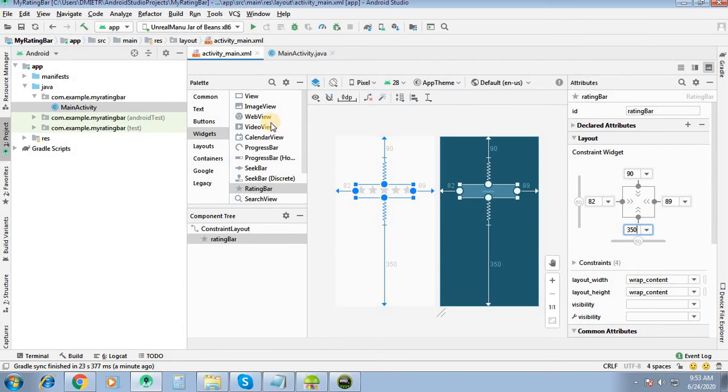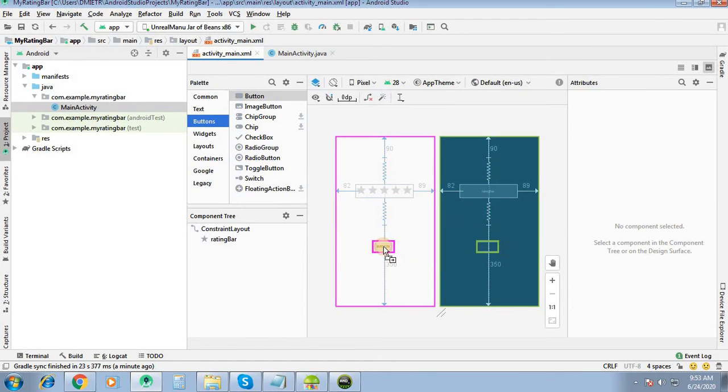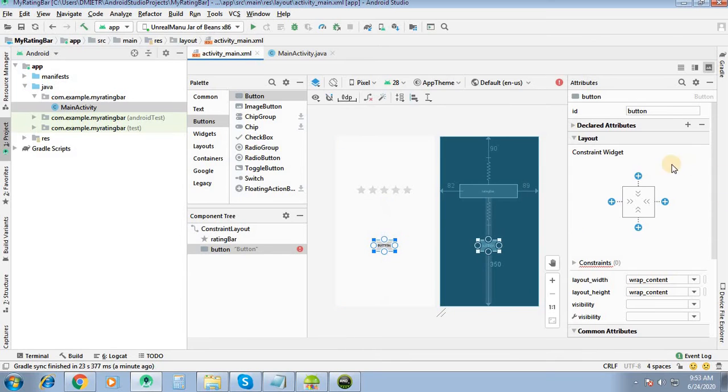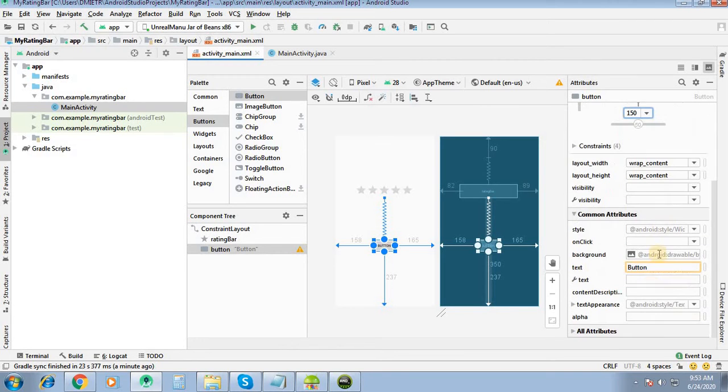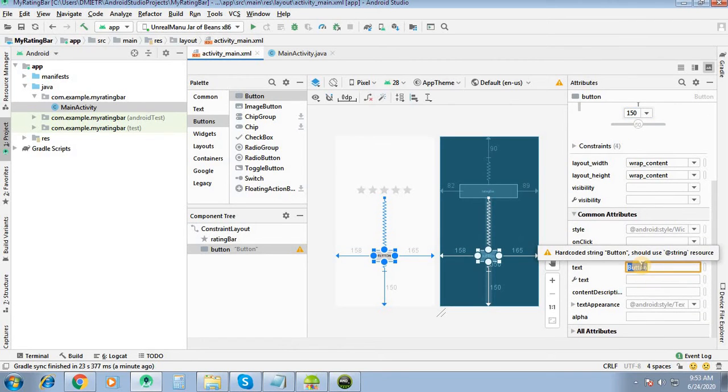Okay, and we will add the button here. And on the button we will write my rating. So when we click on the button, we will get the ratings.